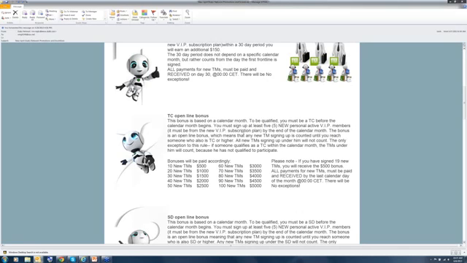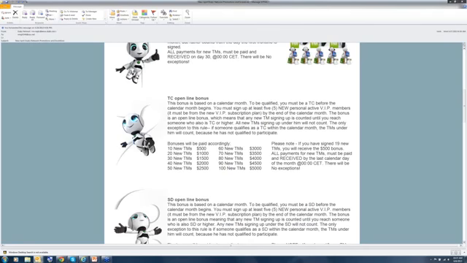What you need to do is have 5 new personal VIP customers, which should be no big deal, and you're already a qualified team coordinator coming into the month. In your entire organization, where there is not another team coordinator between you and the people in the organization, any new people being registered, any new team members coming in, will count to you for this bonus. So if you're a brand new team coordinator, and for the sake of this example there's no other team coordinators in your group, when 10 people come into your group for the month, you'll get an additional $500 bonus on top of your earnings.